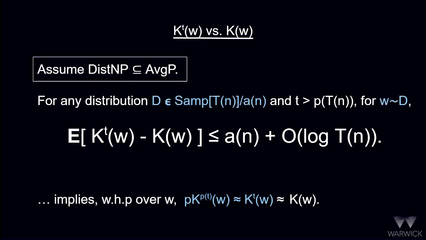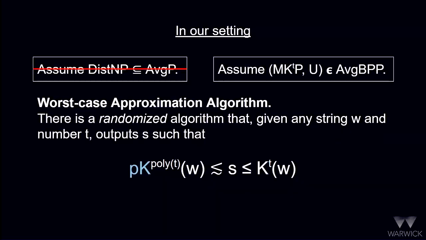Okay, but what's the point of this for us right now? Well, one thing we know about pKT is that it's always at most KT, and it's always at least K. So this statement also tells us that with high probability over strings coming from efficiently sampleable distributions, this kind of terrible looking algorithm from earlier actually would give us a good estimate of KT of x. With high probability, pKT and KT will be close together.